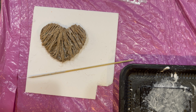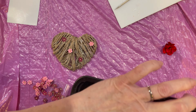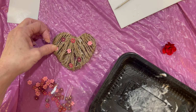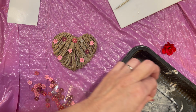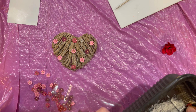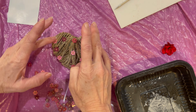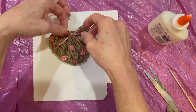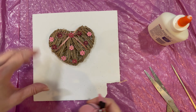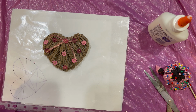While it's drying out a little bit, I'm just placing a book on top of it just to flatten it out for a few minutes, and then I've taken it off and the glue is still wet. At this point, I'm adding a little bit more glue, and I decided to add some little flowers. These are paper flowers by Paper Studios that you can get at Hobby Lobby. I'm gluing the bow on with Elmer's glue,